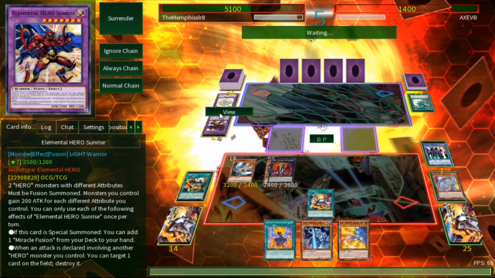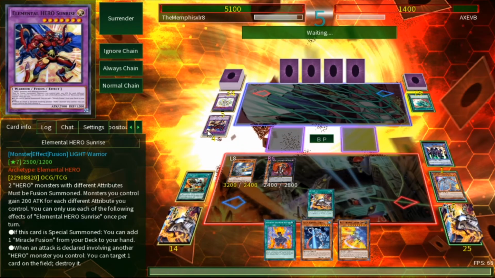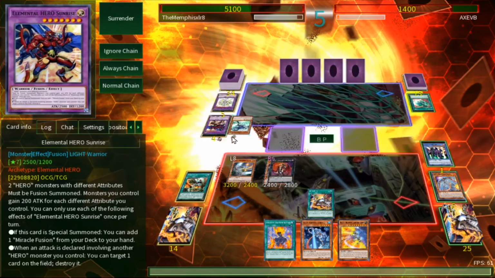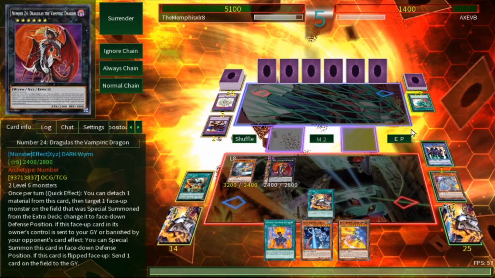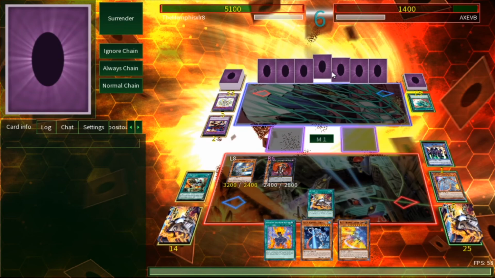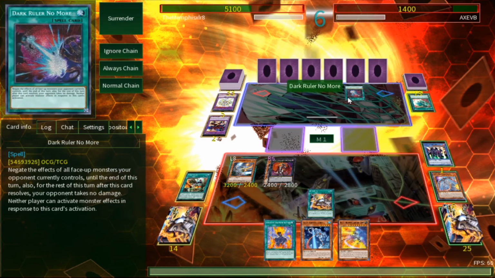Granted, like I said, he'll get back 2 of his things. Probably get Stratos and Honest Neos. That or Stratos and Sunrise. Oh, okay, there you go. Get those 2 back. Very good. And we're good for now. Alrighty, so we're still good. We gave him a free draw, but it's fine. Actually, it's better that he keeps this, because, again, so long as he has this...